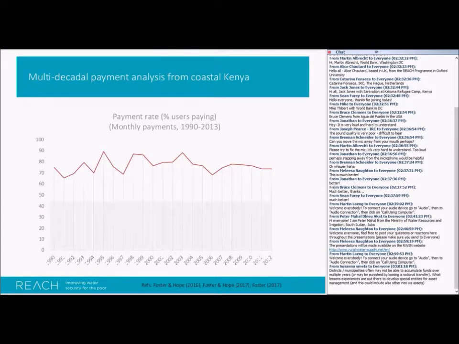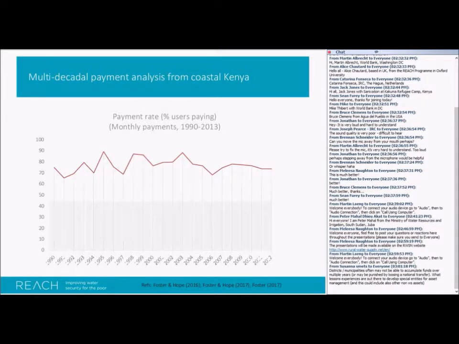So this is data from rural Kenya, the coastal county with around 800,000 inhabitants. It's ranked 41st out of 47 in terms of poverty rates. And some of the work that I'll be drawing on is work by Tim Foster. It's an analysis of 229 years of data of around 53,000 payment records. The payment rate demonstrates that around 70% of the users are roughly paying. Communities collecting pay as you fetch on a volumetric basis generate higher levels of revenue than those that are charging a flat fee. And his analysis has also shown that once 60% of the users are paying, then systems tend to be more sustainable. So one of his striking findings was if there's a payment rate between 61 and 64%, it is 7 times more likely to remain stable than if there's only a contribution of around 51 to 54% in a certain